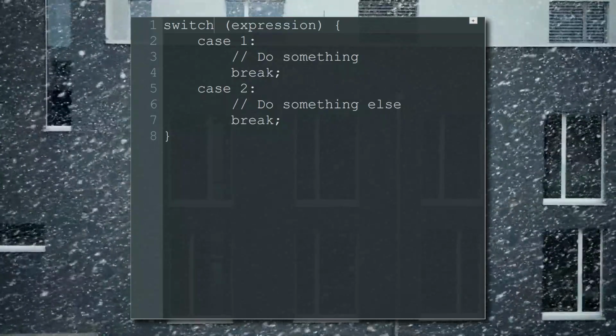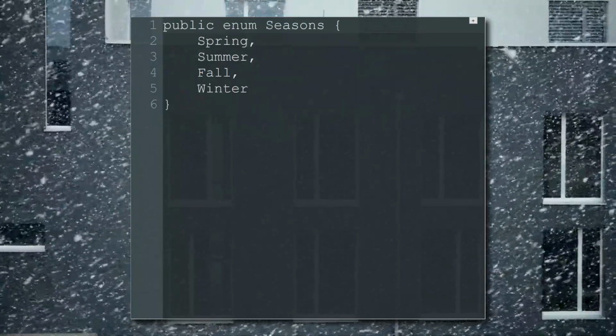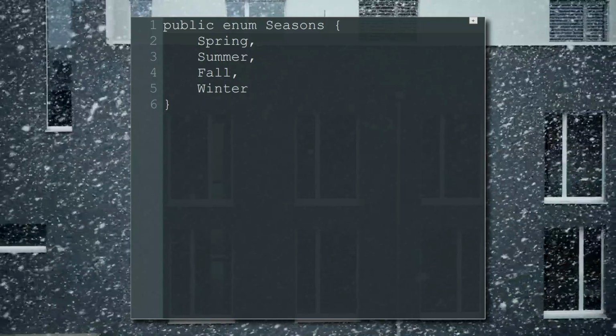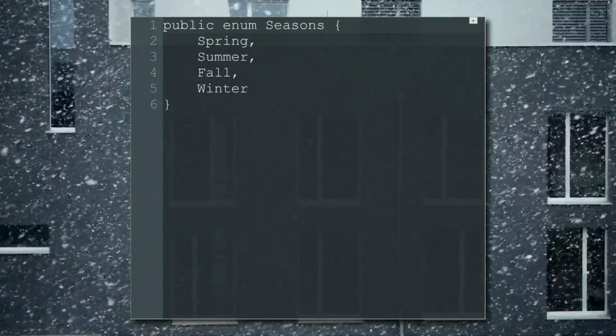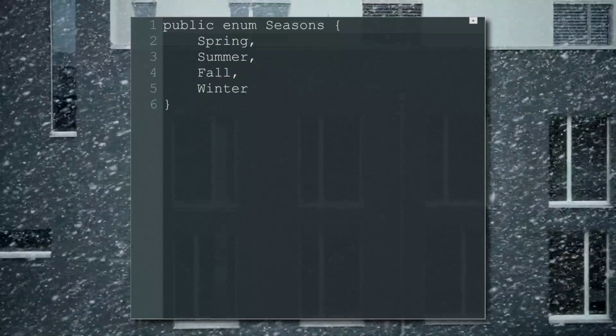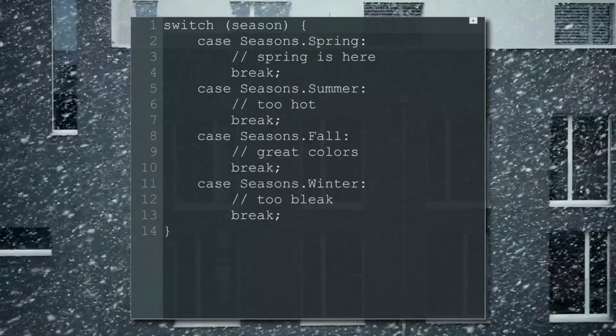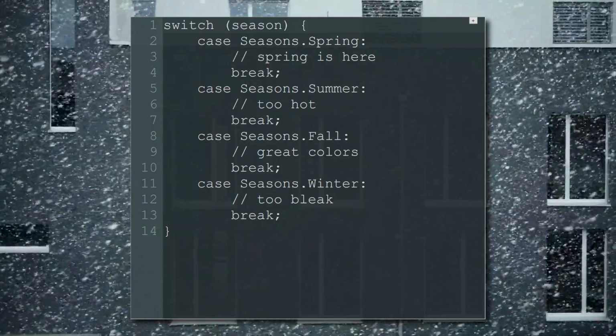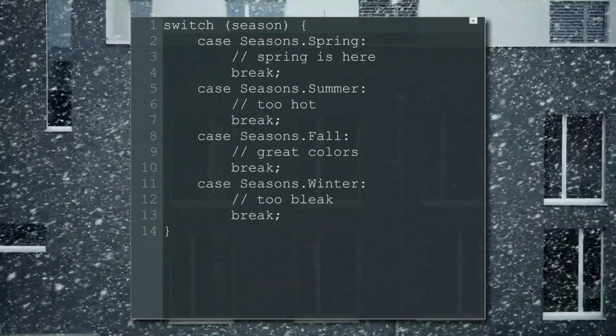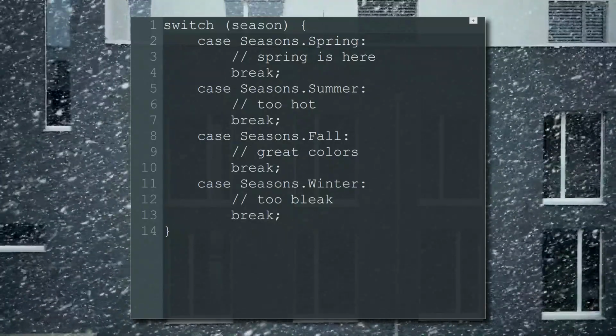In our case, we are going to use an enumeration type as our variable. An enumeration type is a value type defined by a set of named constants of underlying integral numeric type. So we can name our states in an enumeration type and use a switch statement to only write code for that state. So let's start implementing that.